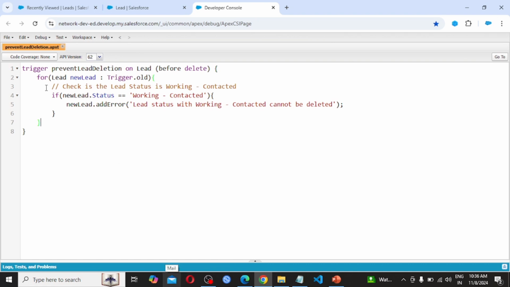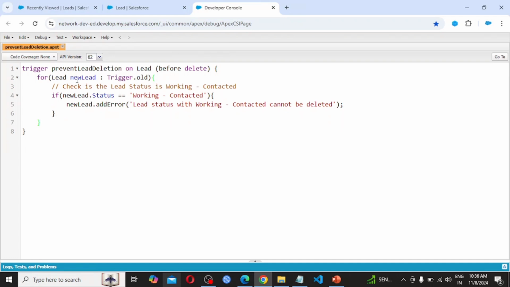In this trigger, the trigger name is PreventLeadDeletion, written on the Lead object, and the trigger event uses the before delete context to check records before they are deleted.